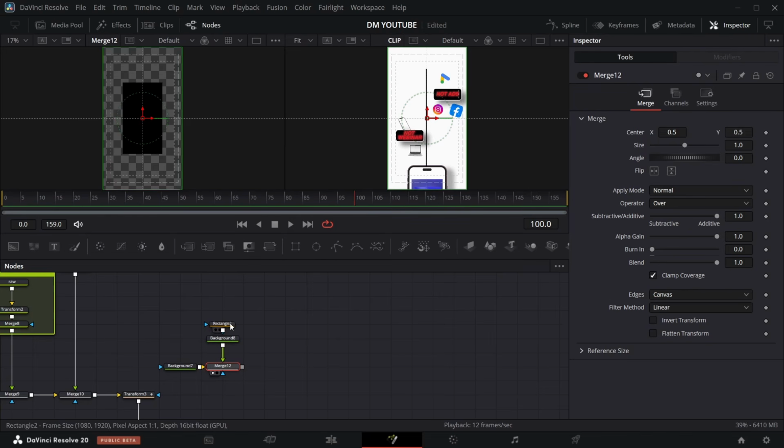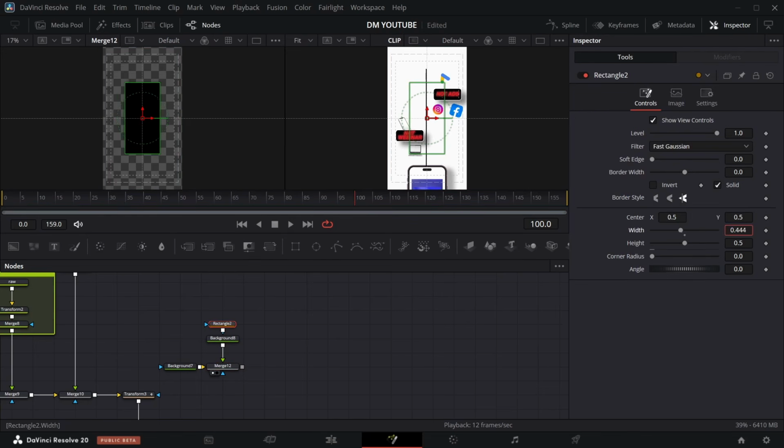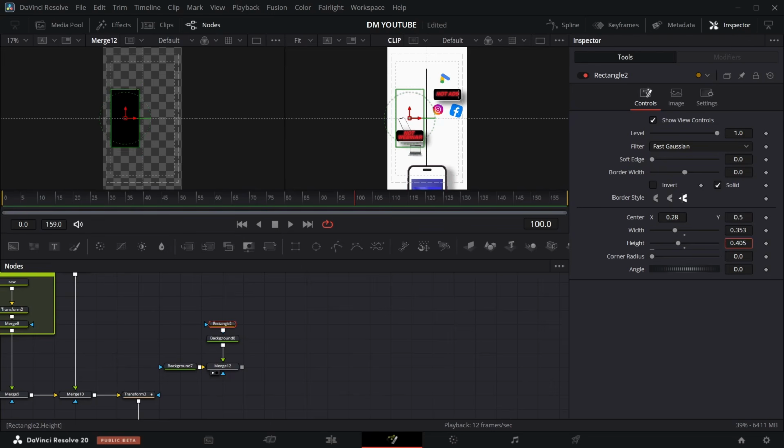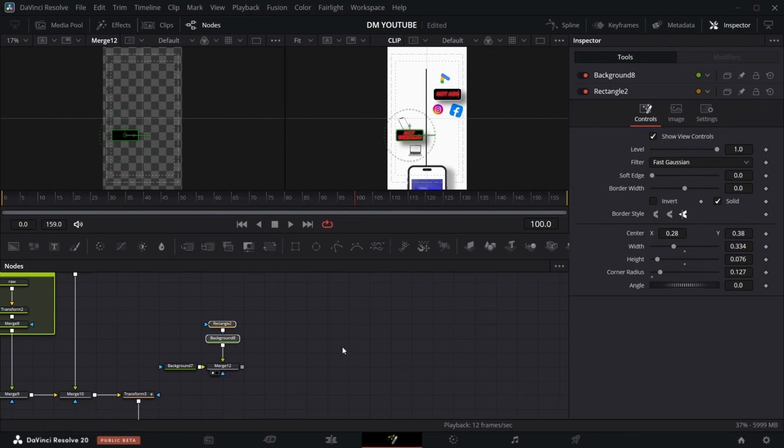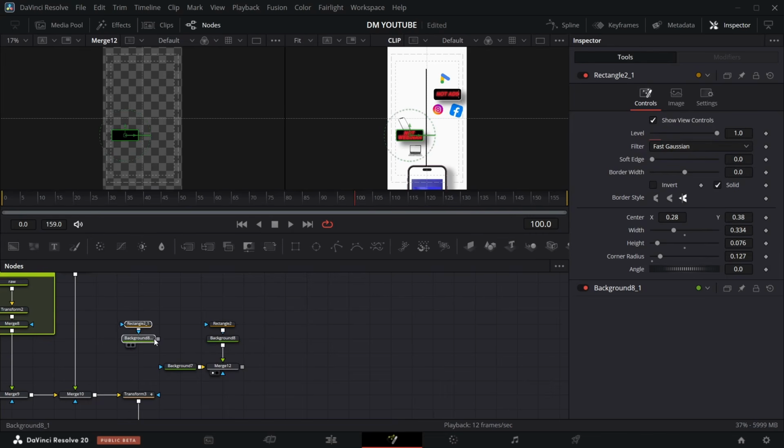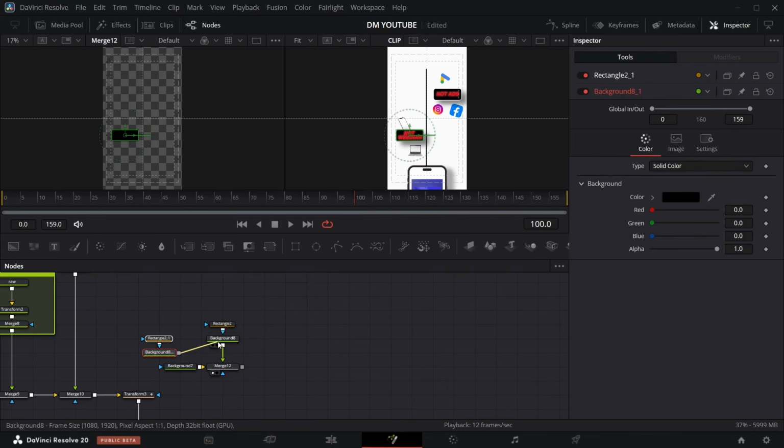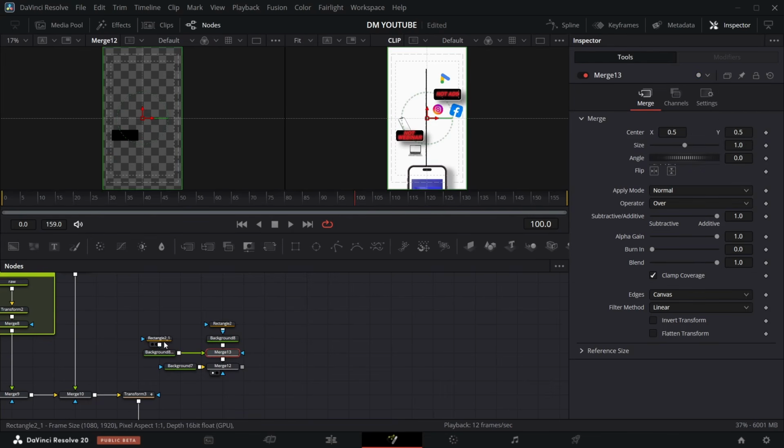I'm just going to go to the rectangle, make sure we reduce the width. I'm just going to make sure I size it like this. We reduce the width, reduce the height, and I'm going to bring it down here. We're going to arrange all of that later, but I just want it to fit. So if you want to copy the values of the rectangle, these are the rectangle values. I'm going to Control C this one, that is copy it, and then Control V. I'm going to Shift move this to the side, connect this one here, and in this background I'm going to